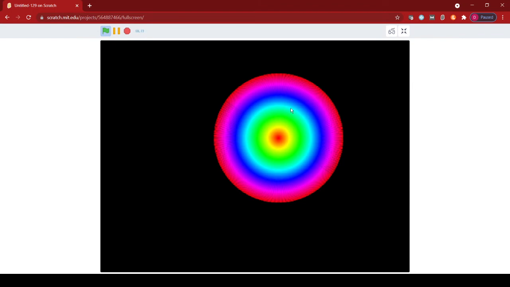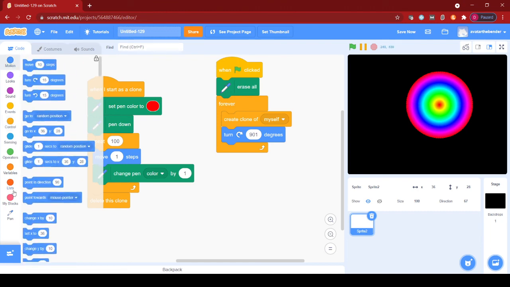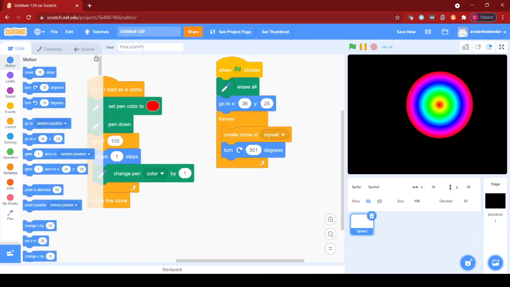As you have seen, you have made your own pen animation, as I call it. And as you see, it makes a very nice circle at the end. I can also make this go to a position. Like if I do it and make this first go to an X of,